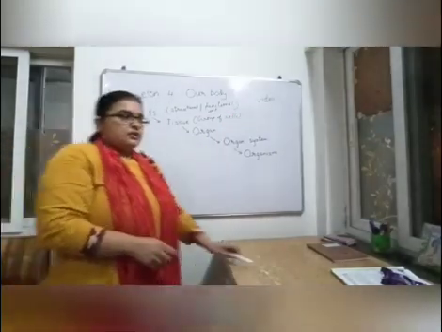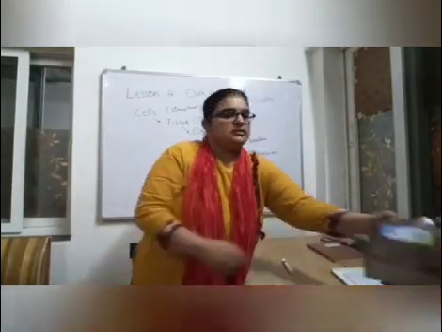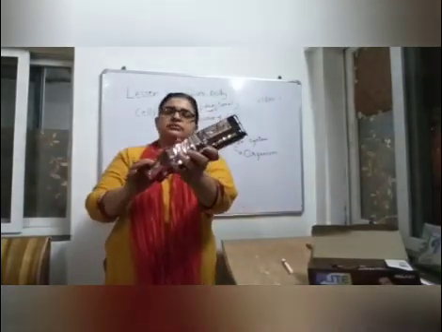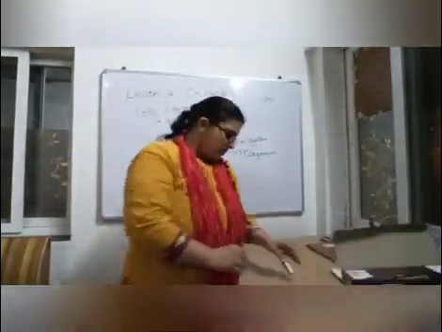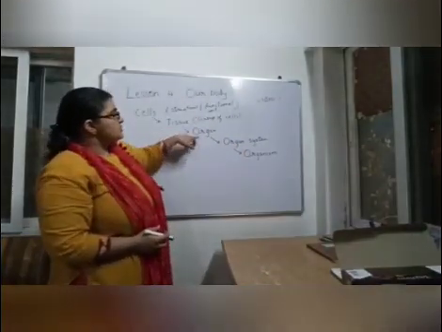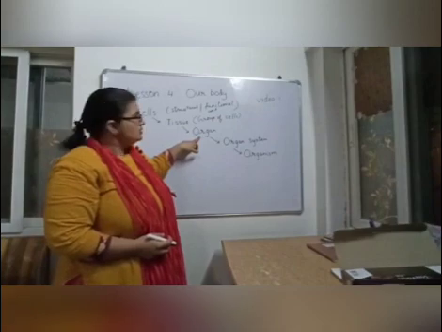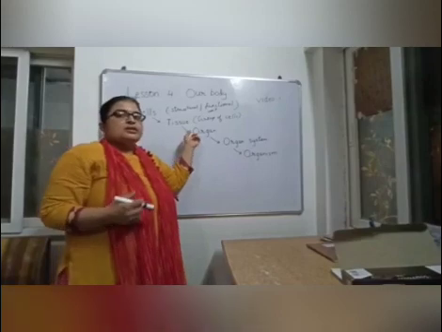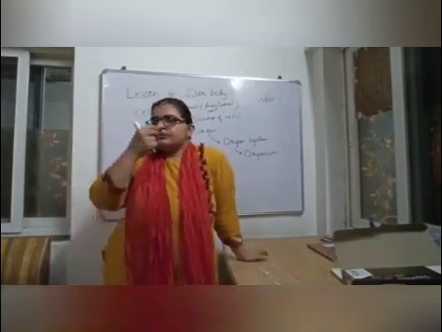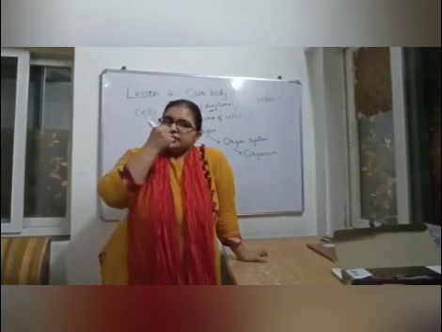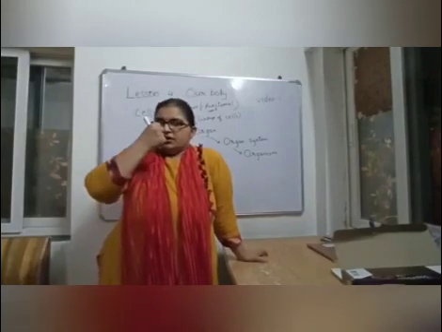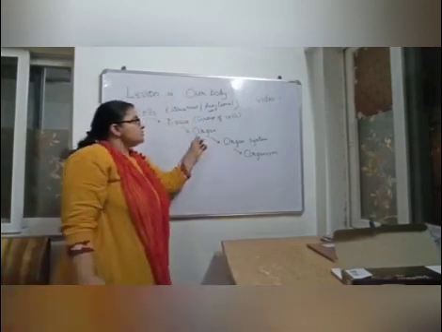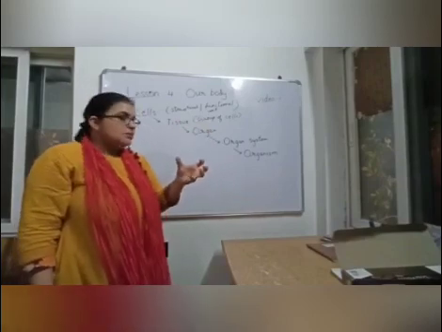No problem. Now when the small biscuits are combined, they make a bigger one. Then a group of tissues makes an organ. When many tissues are combined together, they make an organ. Like in your digestive system, I think in class 4 you have read about it. In your digestive system, the food goes to your mouth, then to the food pipe, then stomach, then small intestine, large intestine. So here also the mouth will be an organ.